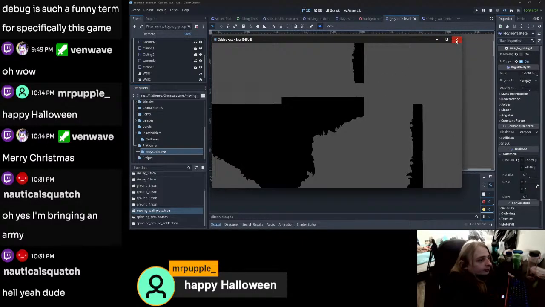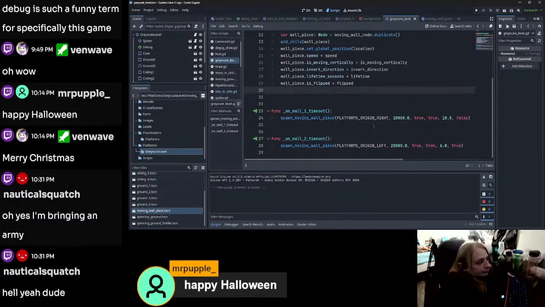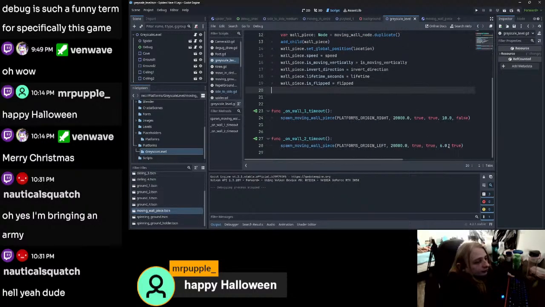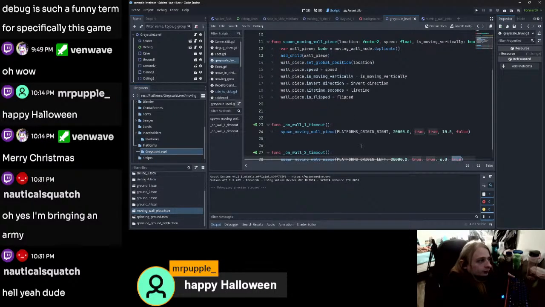Also, these aren't flipped. That's in the script right here, so I want it to be flipped. It is moving vertically. Oh, flipped is the last one. Oh, I did say it was flipped. Why wasn't it flipped then? Oh,